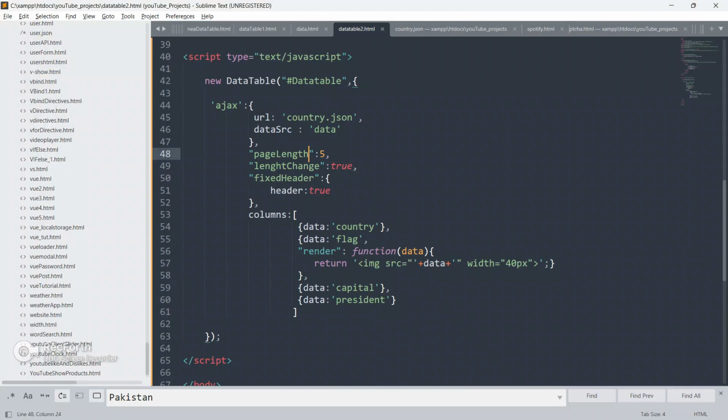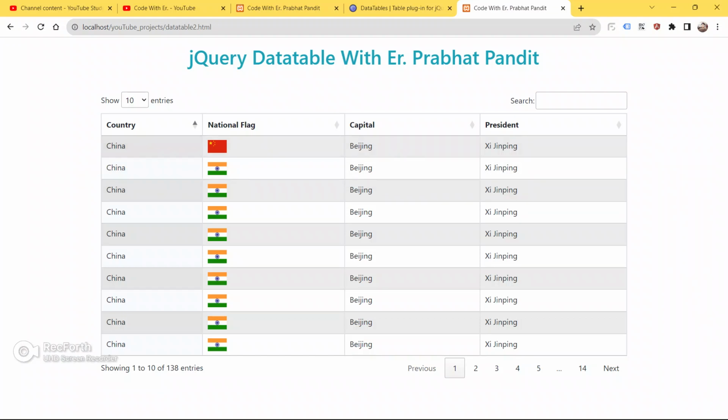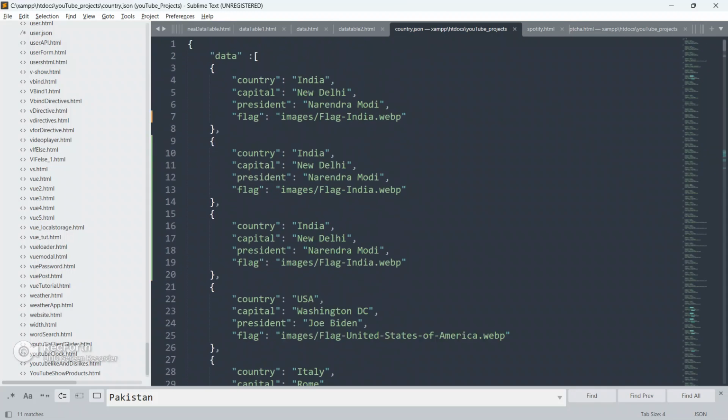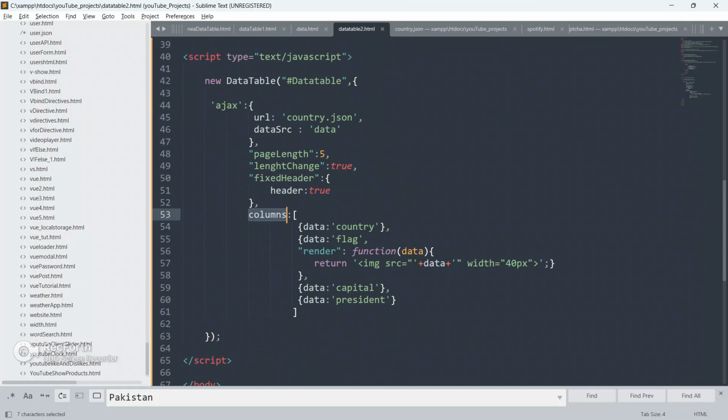As you can see here, we have got country, national flag, capital and president. The columns I am giving here, country, national flag, capital and president, come from this JSON file.